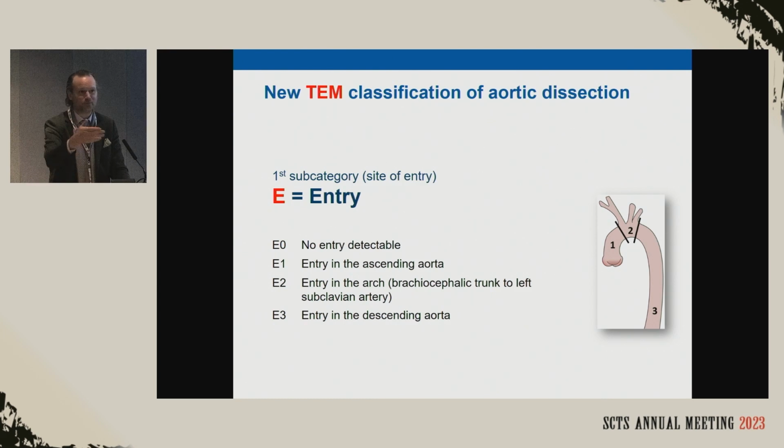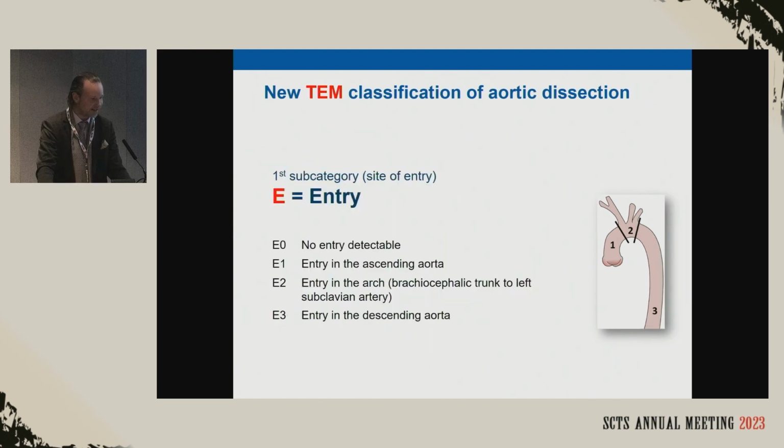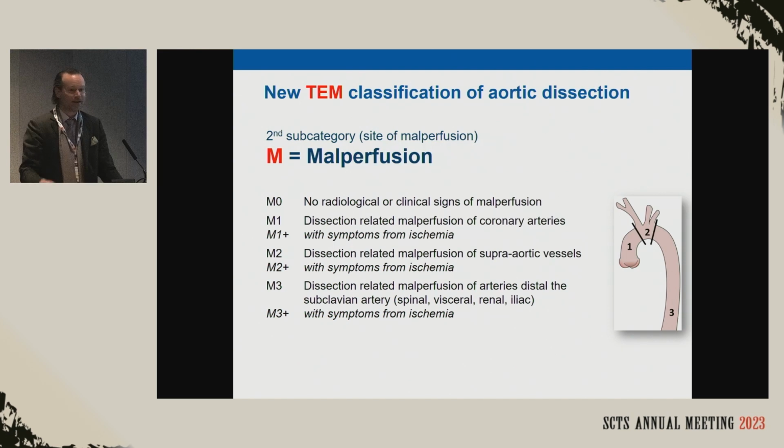E1, any proximal location of the primary entry tear from the root level to the offspring of the brachiocephalic trunk. Then E2, any primary entry tear at the arch level. And E3, any downstream location of the primary entry tear. And then malperfusion, metastasis of acute aortic dissection, which is actually what